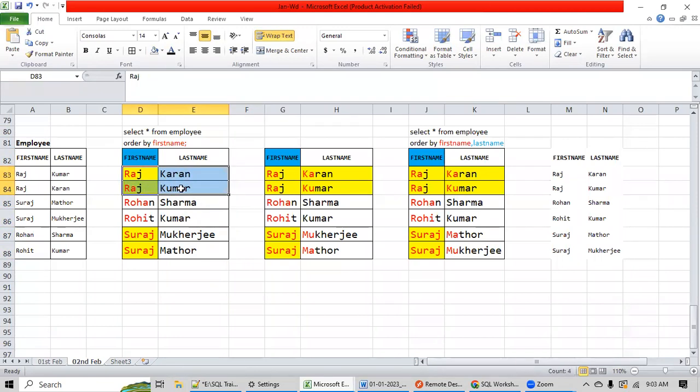Actually, internally there is a concept of row ID, but intentionally I don't want to bring it now because I know that will create a lot of confusion. When I teach you the row ID concept, I will come back to this, but for the time being, just consider that it will be totally random.